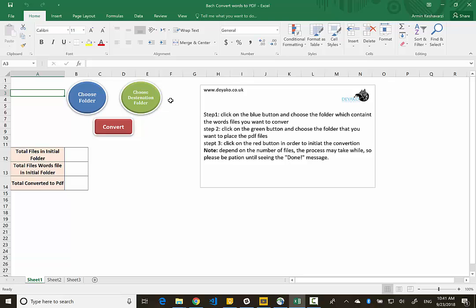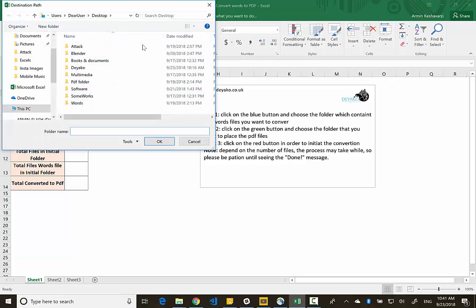After that, you have to choose the destination folder. This folder is used to save the PDF files, and if you press this button, you can, for example, select one of these folders. This folder is empty right now and is provided for holding the PDF files. Please select that and ensure that the name of the folder is written here,